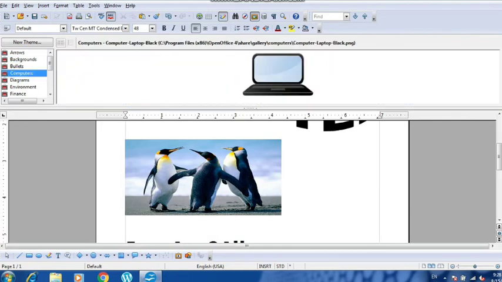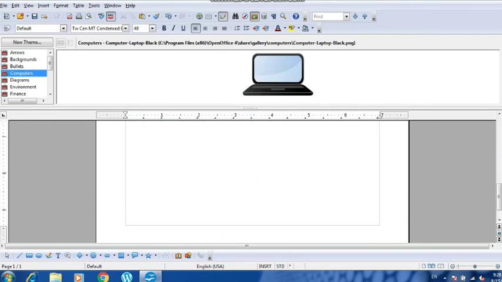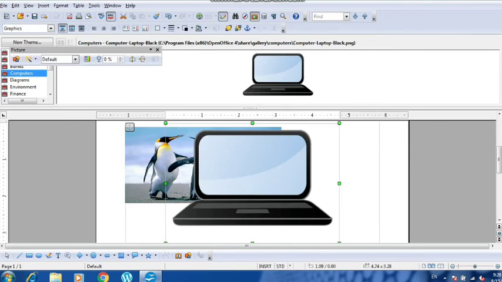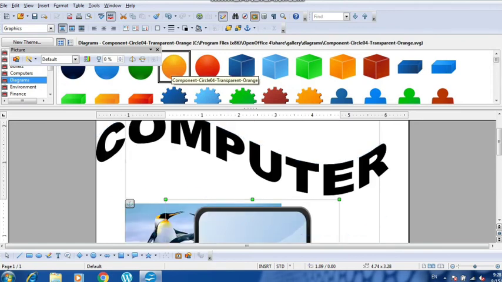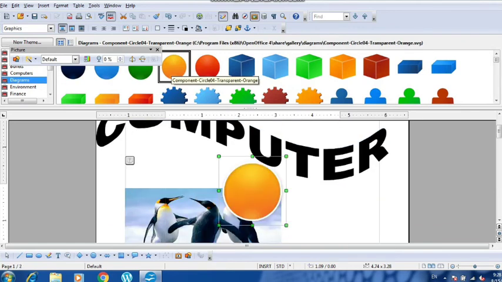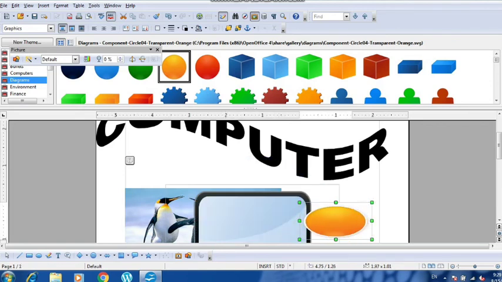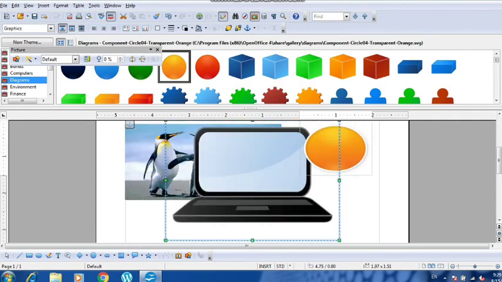You just need to click on it and it will be inserted. Just click here and bring it here, just drag and drop. Suppose I want to insert this shape, I'll just drag and drop it here. You can see now you can stretch it and enlarge it.